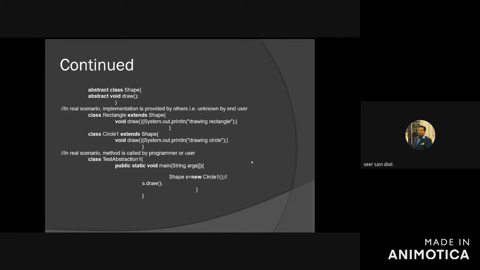System.out.println drawing rectangle. Then another class Circle1 is created, which is again extending Shape, and void draw. Again, we are defining it. System.out.println drawing circle. Now we have created another class, TestAbstraction, public static void main. You know that this is the first statement to be executed. Whenever you execute it, you are creating